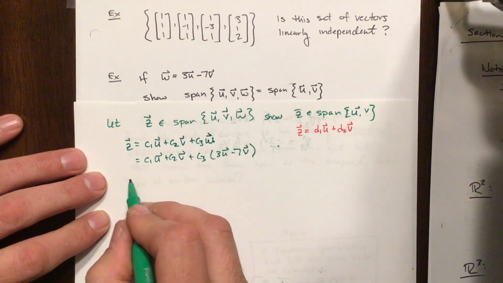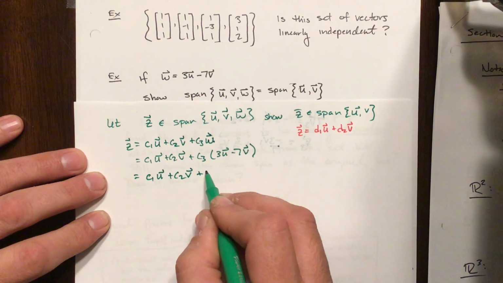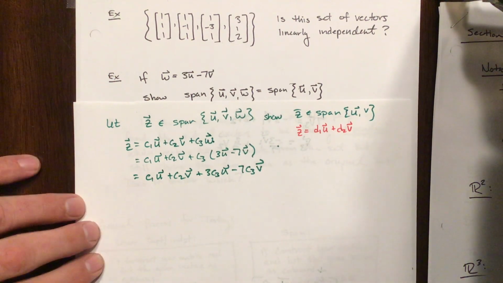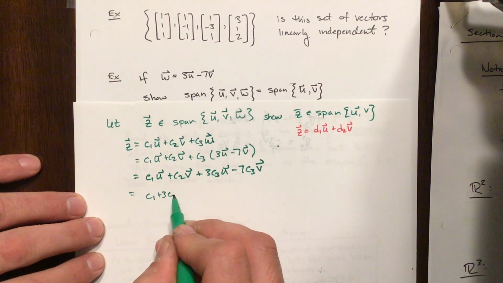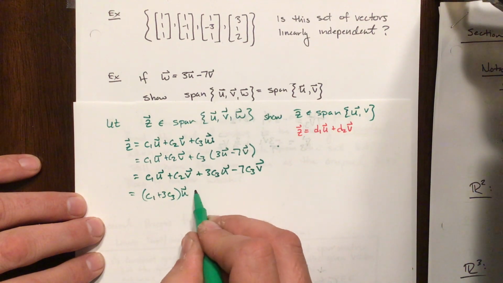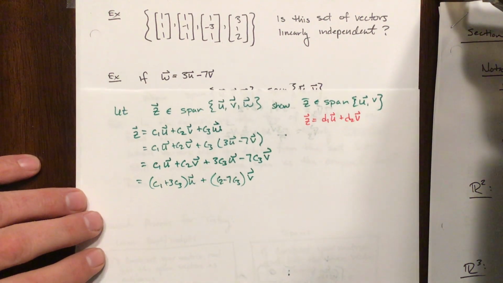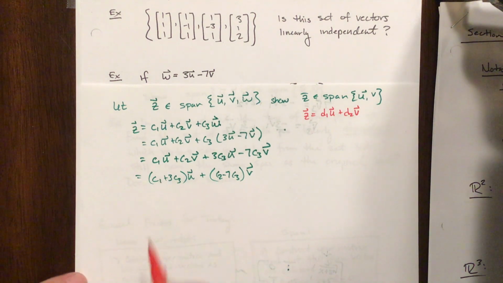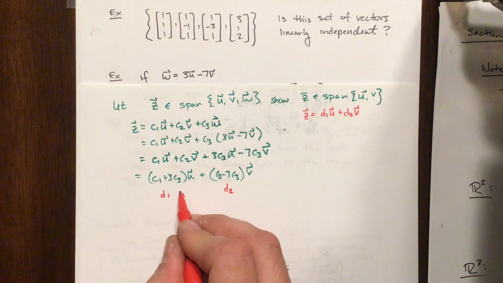By assumption, that means C1U plus C2V plus 3C3U minus 7C3V is all equal to Z. Now reordering these and grouping them into like kind, you can see that I have a scalar times U plus a scalar times V. I can call this scalar D1, I can call this scalar D2, and then I would be of the form,